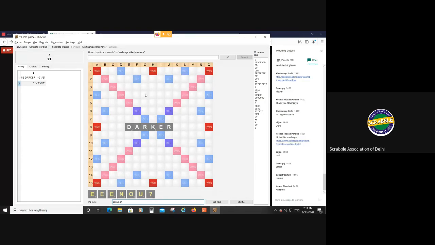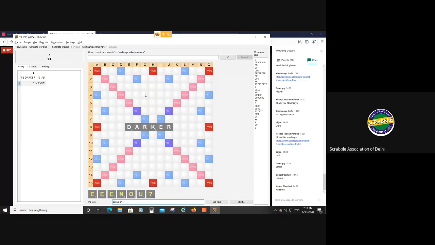For example, when we had the Collins National Championship, we were given two books. I was the tournament director for the duplicate Scrabble. So we had the classic game and we had the duplicate Scrabble. I pre-created a board from the books that they had given to me. The entire board had words from a particular book, which they had launched very recently. So you can pre-create these boards and it becomes more interesting.